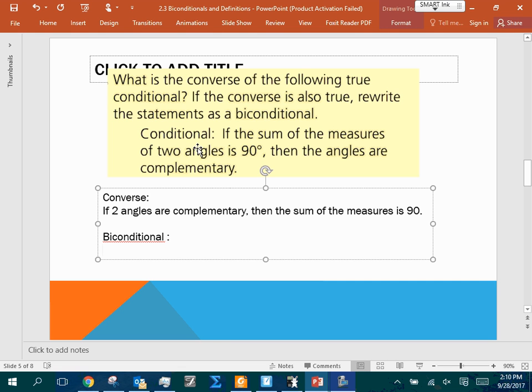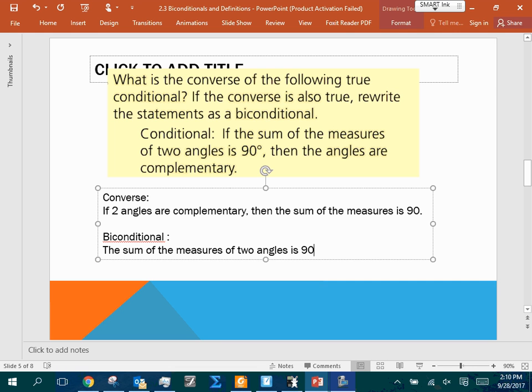Remember, a biconditional, if these two things are true, it's frozen still. If these two phrases are both true, when you start your biconditional, it doesn't matter which one of those you start with. So I could write, I'm going to start with the one up here in yellow. As long as you write if and then, I'm going to keep the same format. I'm going to get rid of the word if. I'm going to write the sum of the measures of two angles